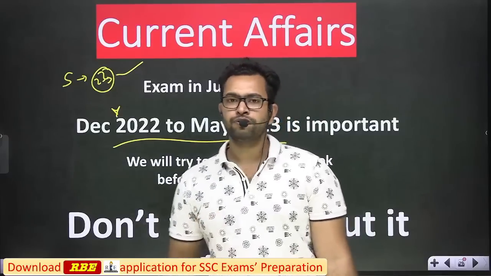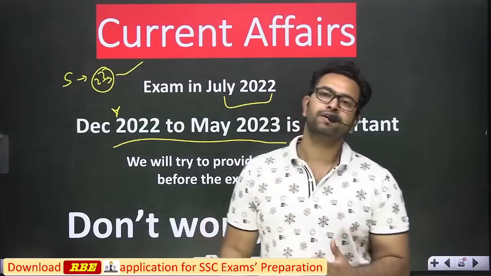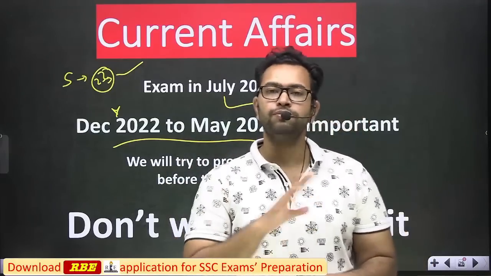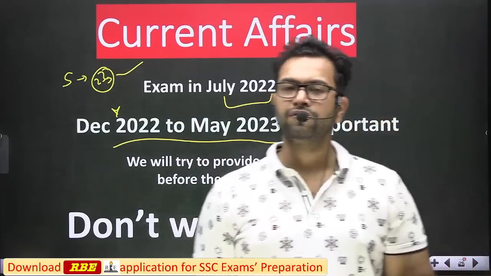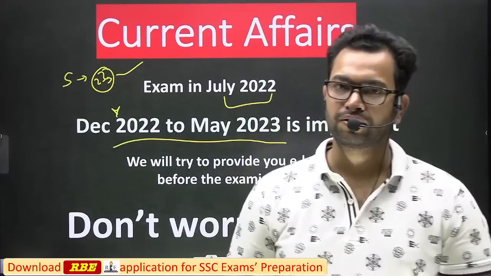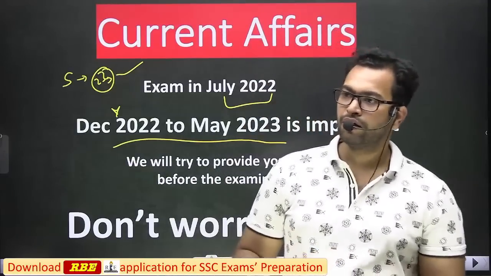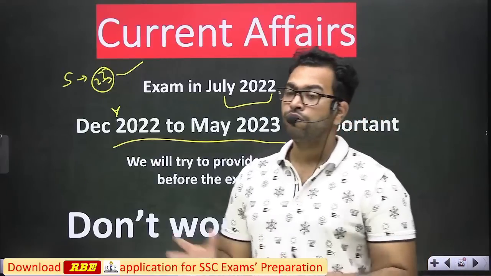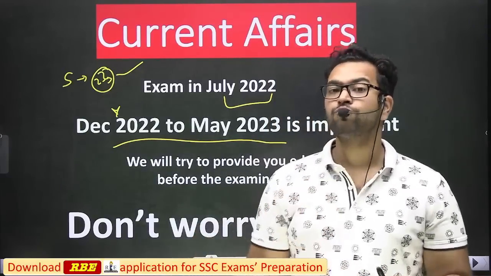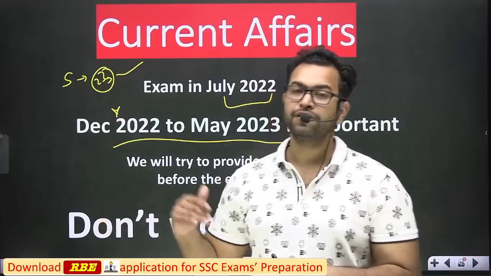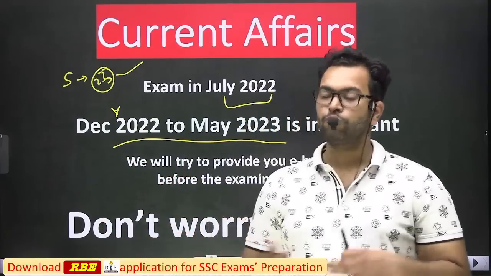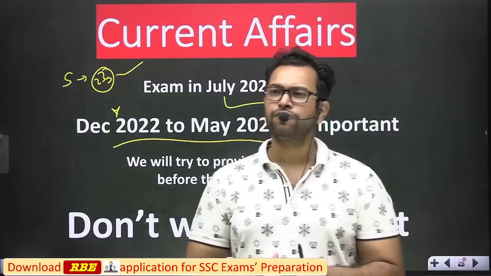And there are some topics that we have to cover for the whole year, for 1 to 2 years, like appointments. We should know all the major appointments. In all the shifts you will see at least one question on appointments. And generally one question on books and authors is also asked, right? So if we are able to solve these 2 questions out of 5, that is a very good thing. The cost to benefit ratio is very high, as current affairs are huge.